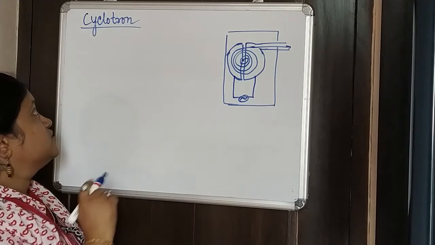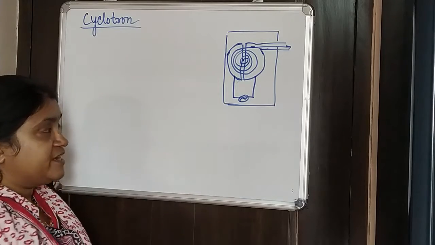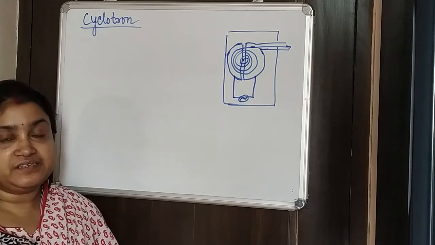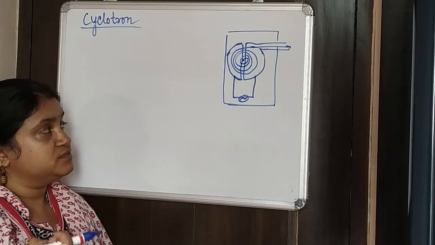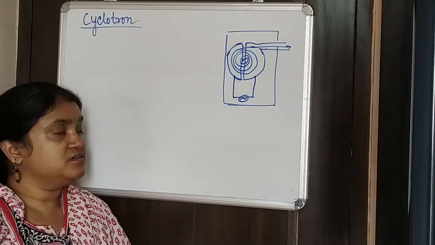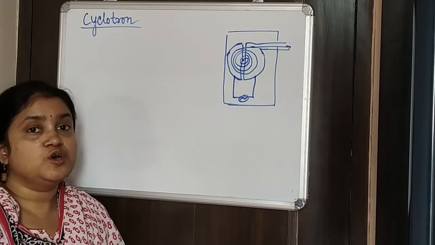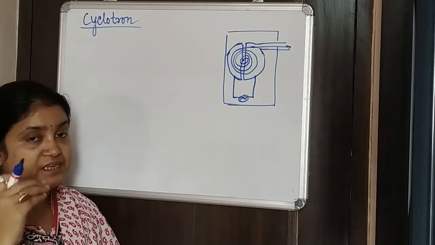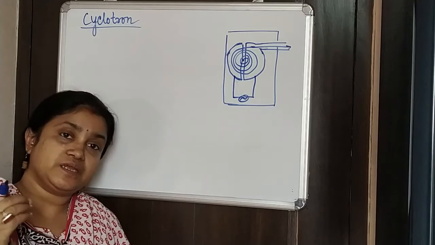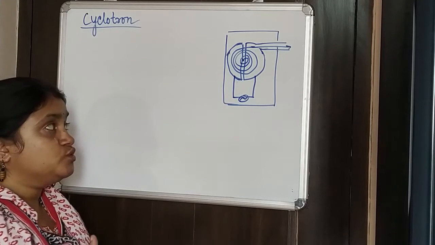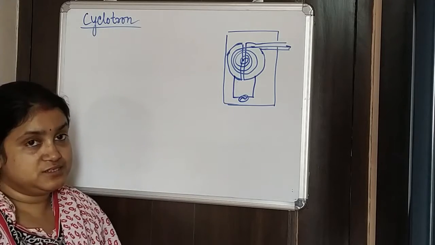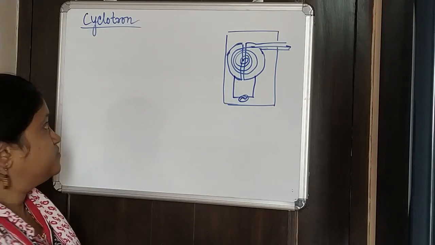Let's start to discuss the cyclotron. A cyclotron is a device which helps to accelerate charges. This is generally needed in nuclear physics, and there are other subjects also where we need to bombard any nucleus or any atom with very highly accelerated charges. To accelerate any kind of charge, this instrument is used, which is called a cyclotron.